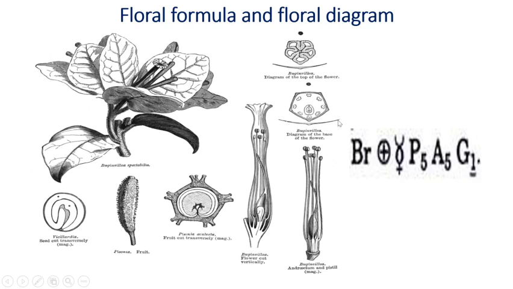Now this is the sign of bract, which is drawn just below the floral diagram. Now these are the stamens. In this diagram 1, 2, 3, 4, 5, 6, 7 and 8 stamens are there. They are free from each other. And at the center you have to draw the TS of ovary. Now in this TS of ovary there is a monocarpellary condition. In the floral formula, the gynoecium is monocarpellary. The same condition you have to draw here. Now this is the diagram of the fruit. And this is the floral formula.